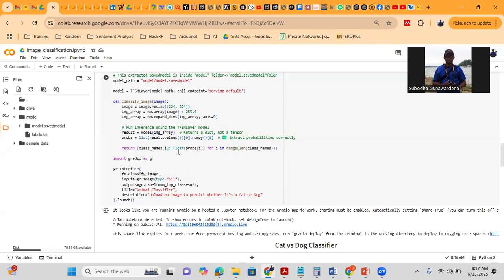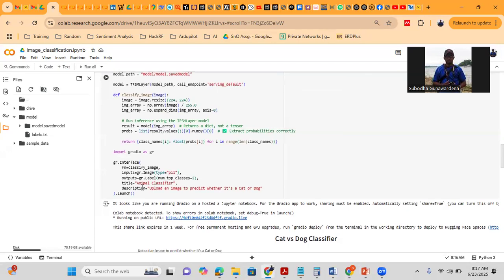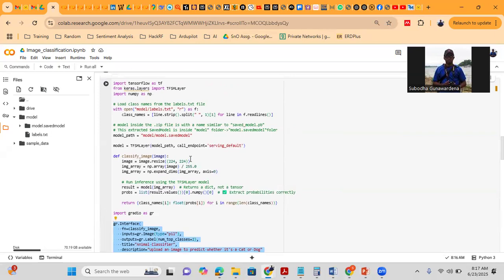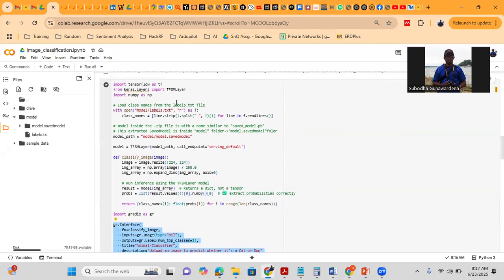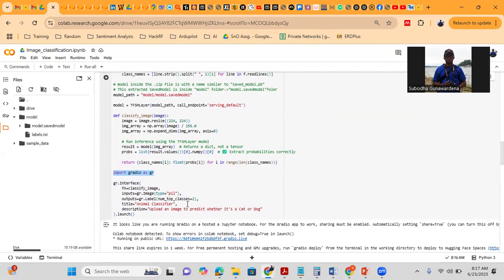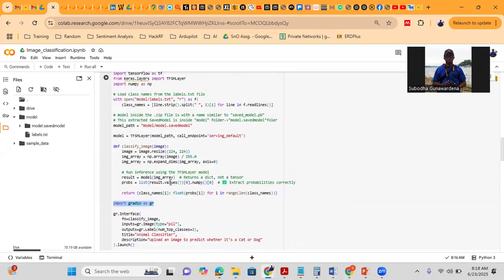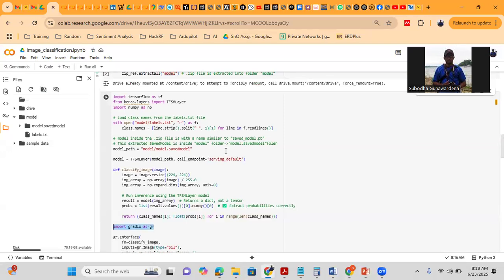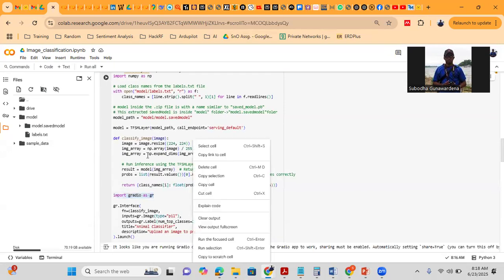And then the graphical interface is created by this part. For that, I need to import Gradio as gr. See, import gradio as gr. There I import the graphical interface, and then the interface will ask for an image to be loaded and then submit it for testing. So if I run this cell,